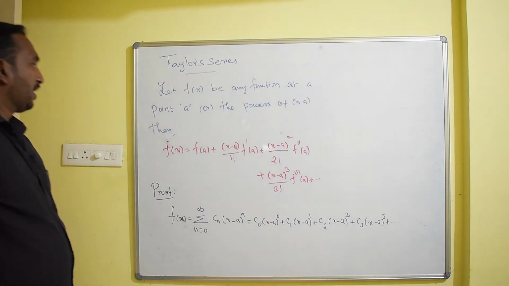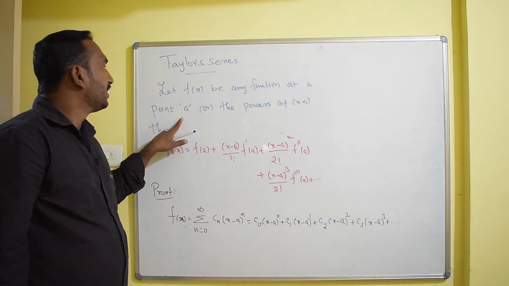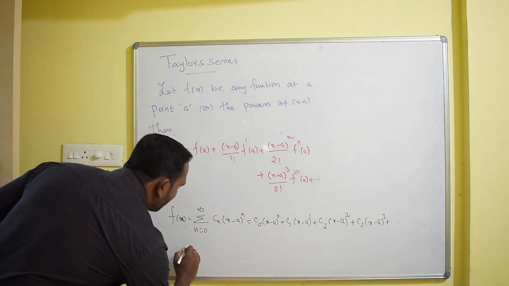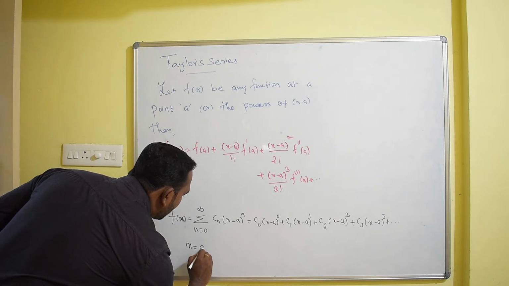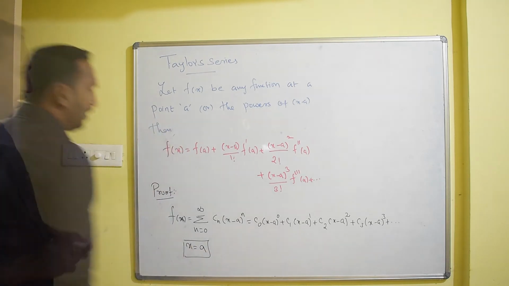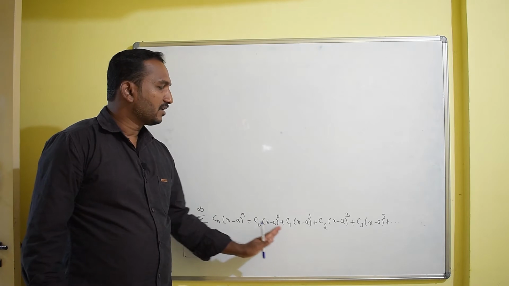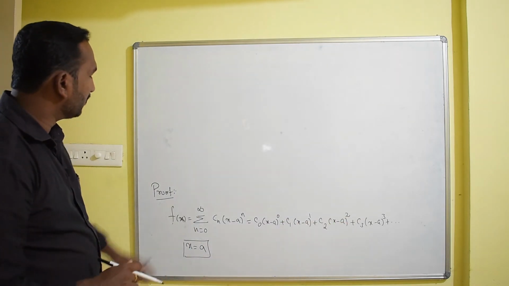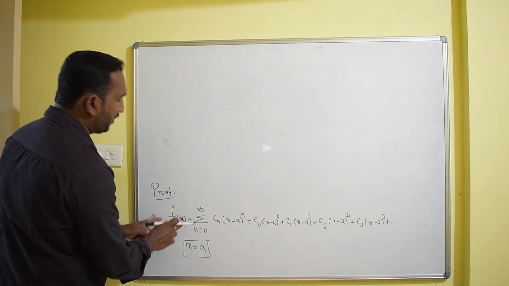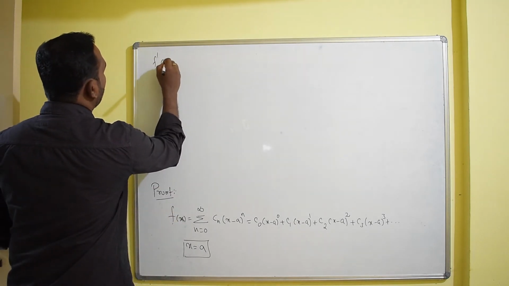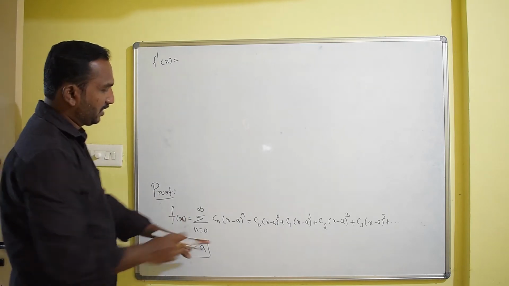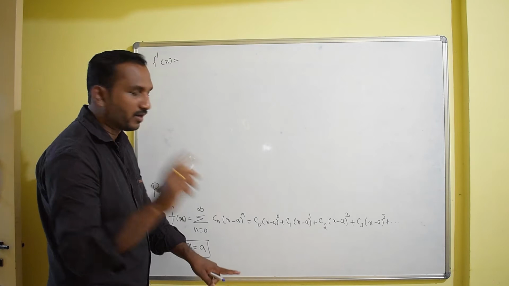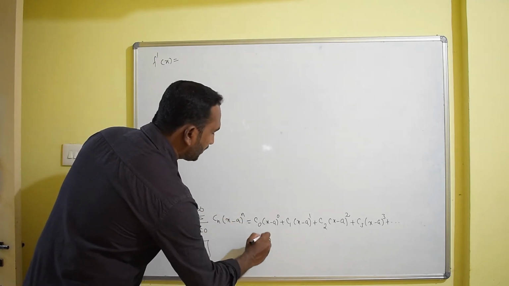Now, the statement said the function is expanded at a point A in powers of x minus a. So we want to evaluate at the point x equals a. Now I want to find what the values c0, c1, c2, c3 are. For that, I differentiate this polynomial, so the first derivative f dash of x will become: c0 gives 0, so only the constant term vanishes here.